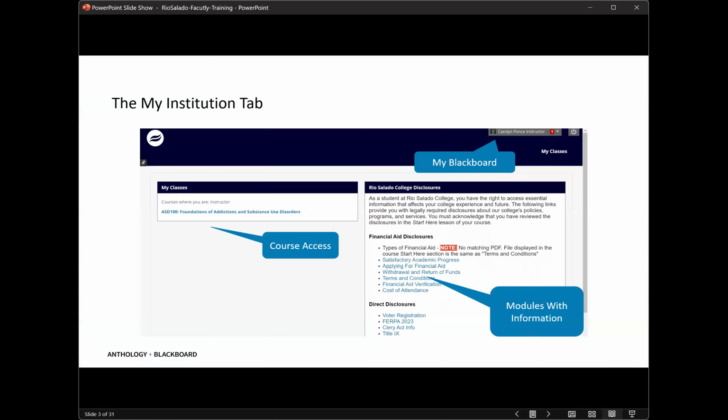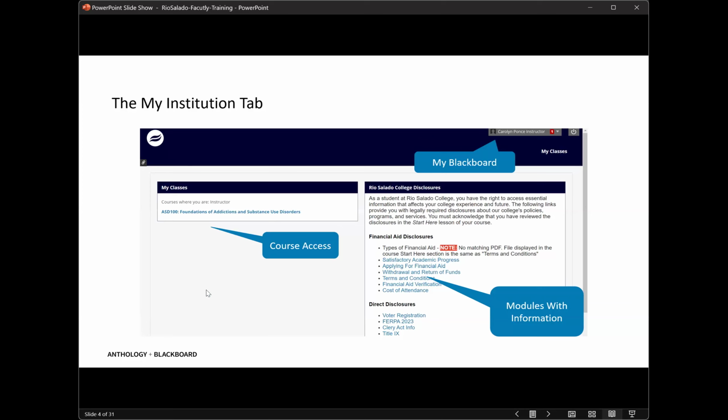Once you do get logged in, your Blackboard, you're going to land on what we call the institution tab. Your institution tab has been renamed to be My Classes. That will be the only link that you see at the top of your screen, which says My Classes. Anytime you click where it says My Classes in the top right, it's going to come right back to this screen. So there won't be any other tabs that you need to navigate to at this point in time.